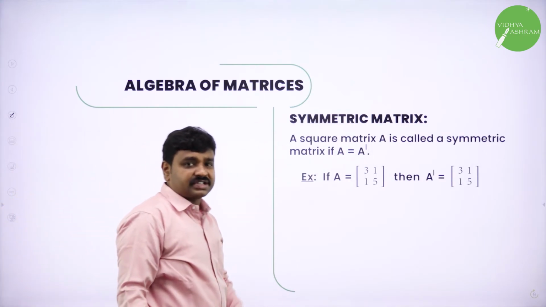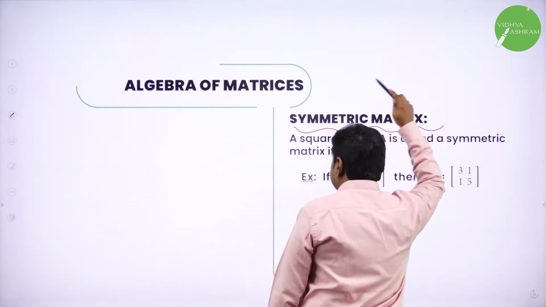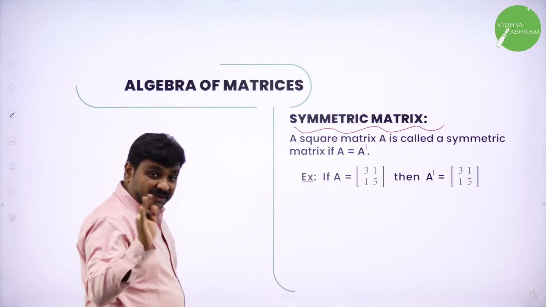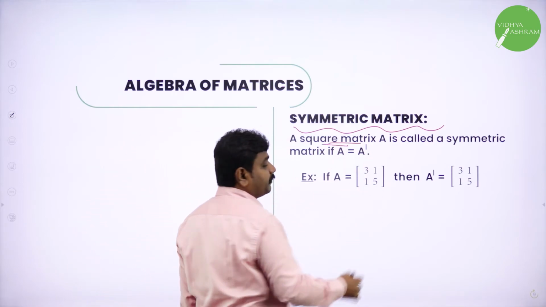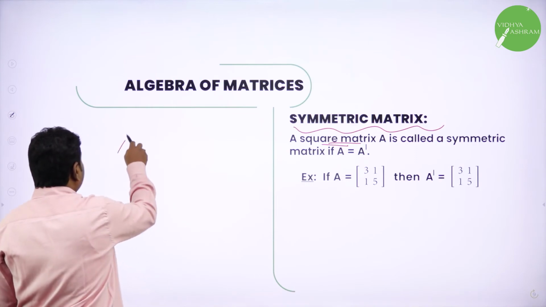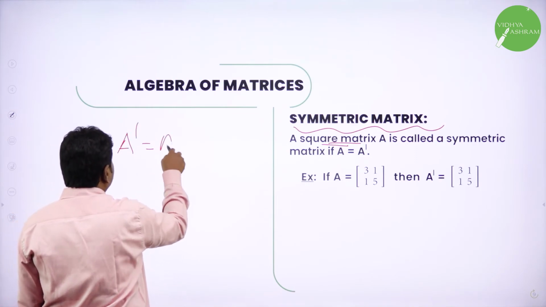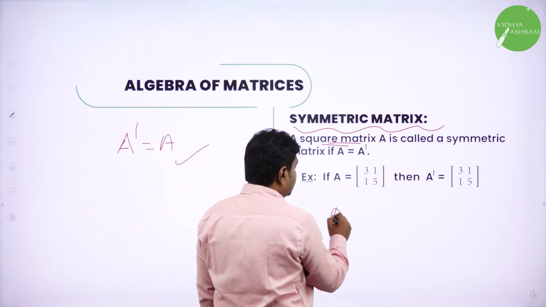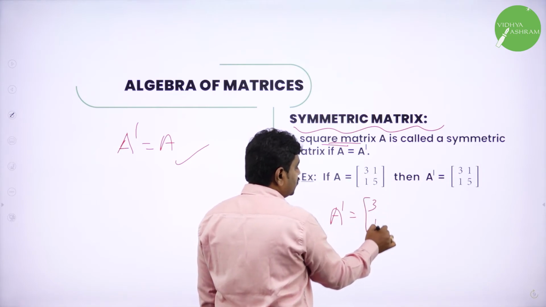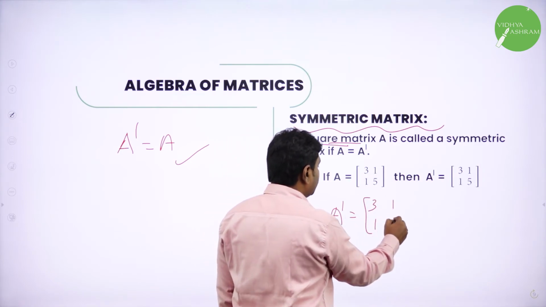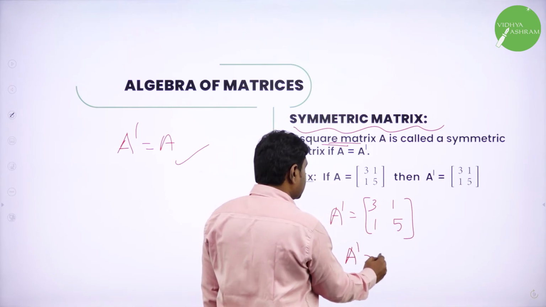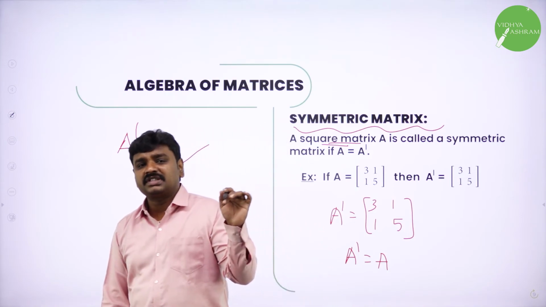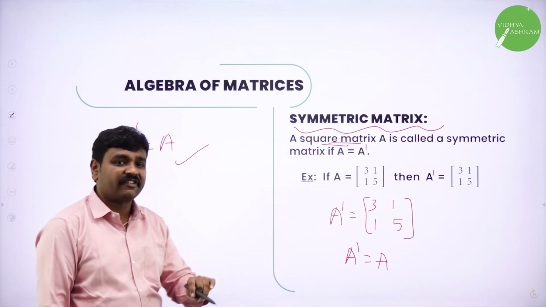Next, symmetric matrix. Interesting. Symmetric matrix. A matrix is said to be symmetric if it transposes itself. And a symmetric matrix is possible only if the given matrix is square. See, for a given square matrix A, if A dash is equal to A, then it is symmetric. One example, I have given A equal to 3 1 1 5. A dash means what? Change the rows to columns. First row is 3 1, I will make it the first column. Second row 1 5, I will make it the second column. So I got A dash the same as A. Therefore, it is a symmetric matrix. What is a symmetric matrix? The given matrix is said to be a symmetric matrix if it transposes itself.